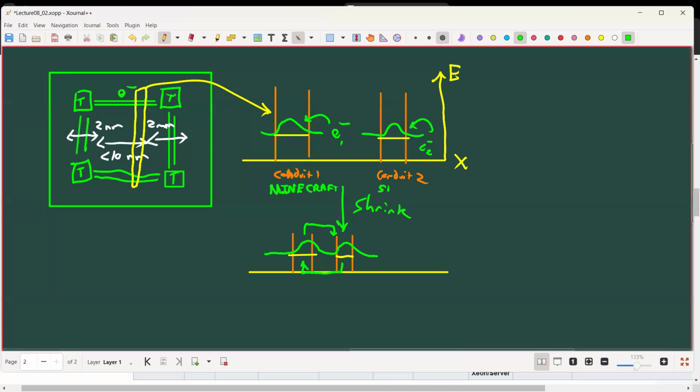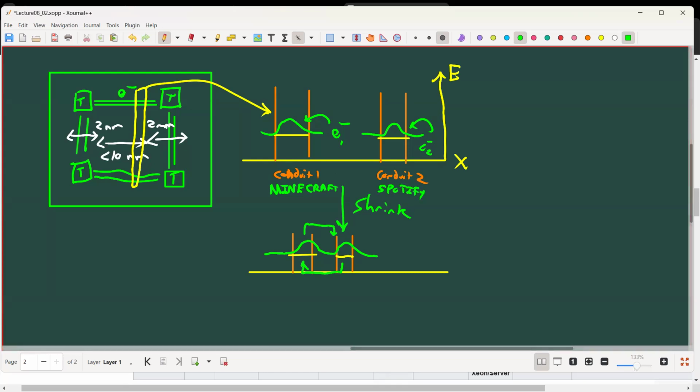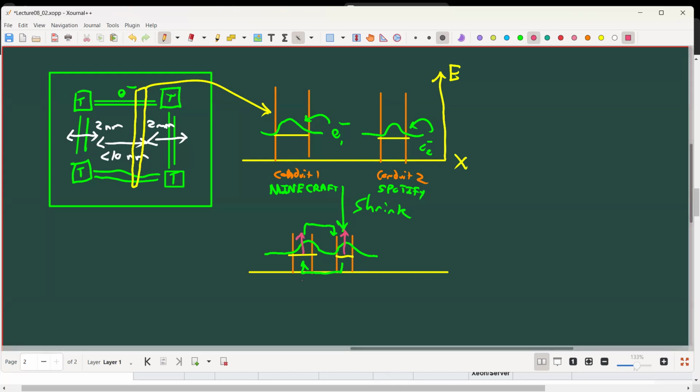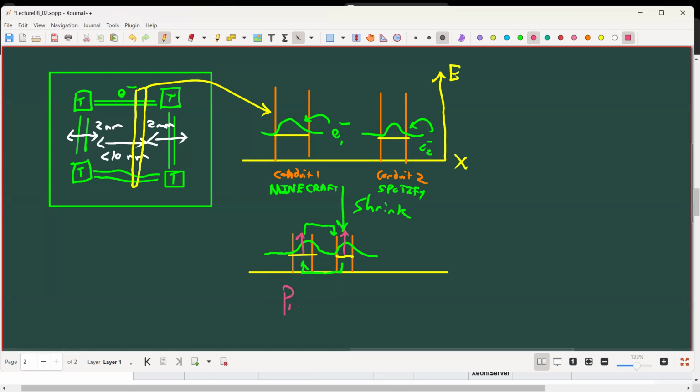And this one's assigned to Spotify. Right, and it's a part of some instruction that's running these, right? But when you start to bring them together, the electrons now have some probability density in the middle. They can share probability between each other. And so there's some probability that those electrons will get swapped. Right, so you'll have this electron moving here, and this one moving here, and the probability of swap,